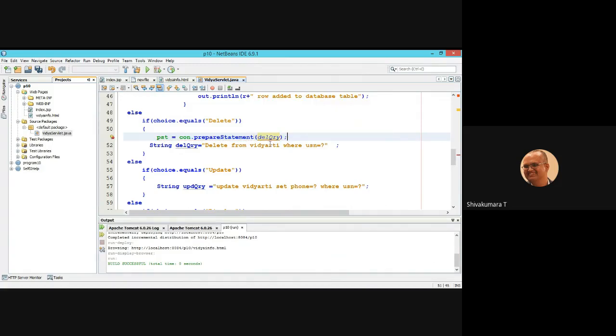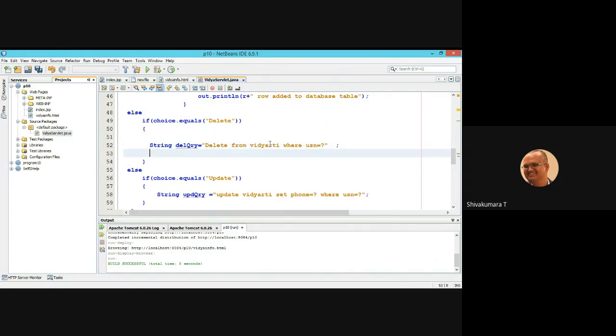The del query is not known yet sequentially. If you write it below the string query, that error is going to be solved.